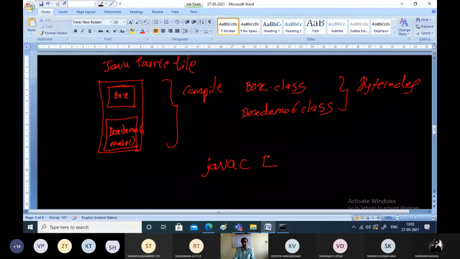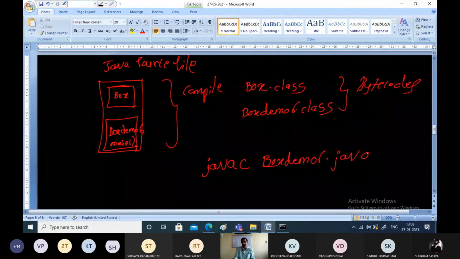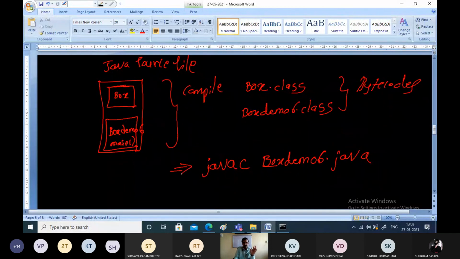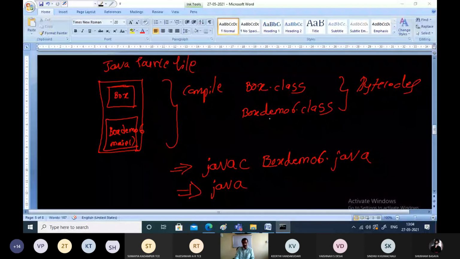It could be BoxDemo6.java, which is the source file. After compilation, we take the help of the interpreter, that is java. You just see the command prompt, what I executed just now: java BoxDemo6 I have given.